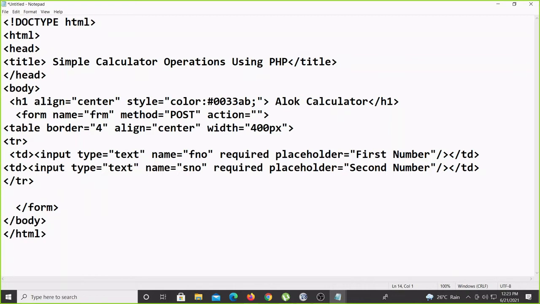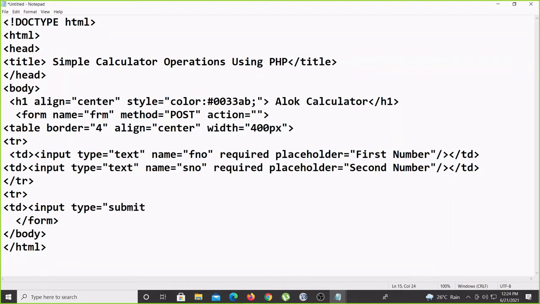Then next we'll take another tr, and in that tr we'll set the four buttons only. So td, sorry, first tr. Okay, so in this one we'll take 4 td, right? So first td, input type equal to submit.